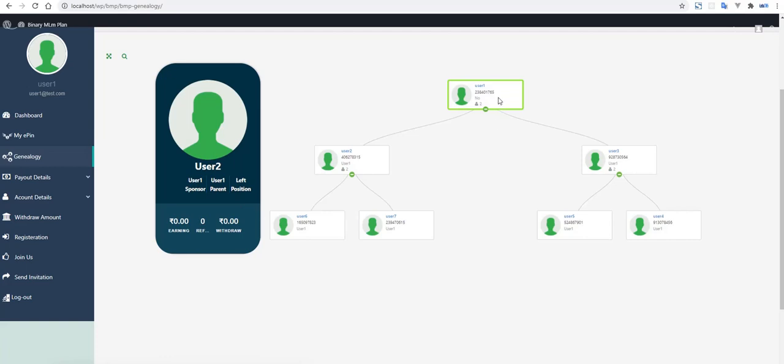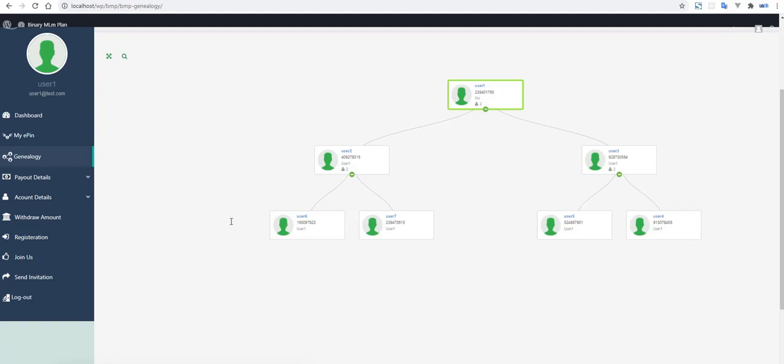Okay, no sponsor. So like this one, user 2, user 1 is sponsor, user 1 parent, left position of this one, total earning nothing. So here if you check for user 1 basically, this is the earnings 1270, direct referral, withdrawal process is this one. So this is whatever the remaining earning is after withdrawing the money. So this is the total withdrawal here.